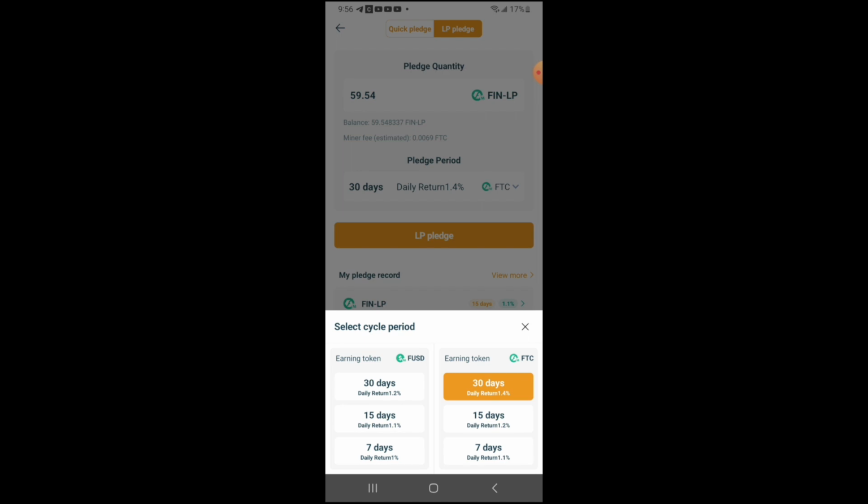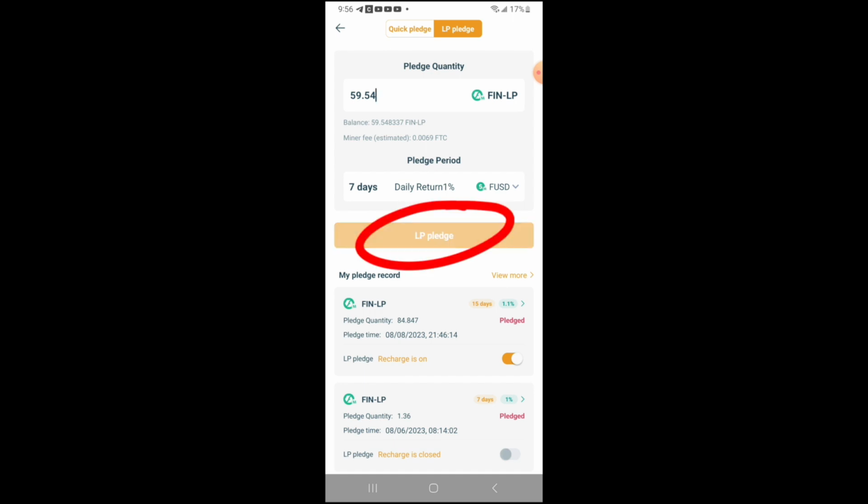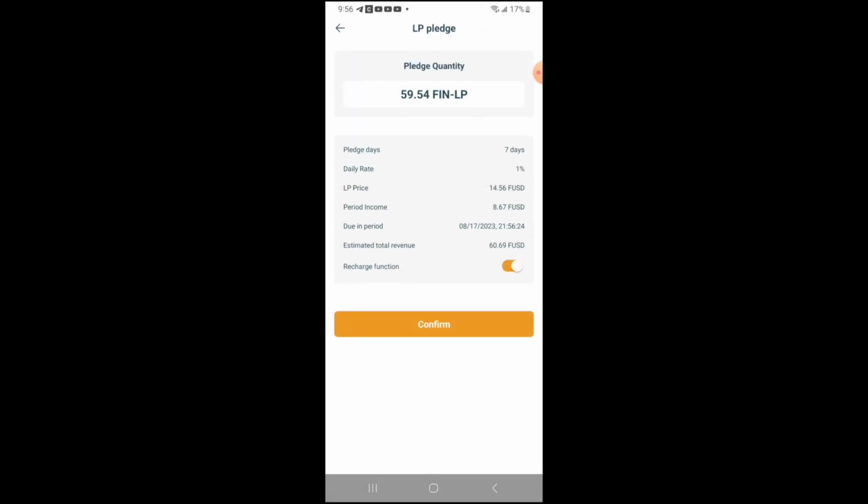So FUSD is a stable coin. So what you see is what you're going to get. So it's the safer side. So it depends on which way you want to go. So with this particular pledge, I'm going to choose to earn FUSD, and I'm going to do it for 7 days. So once you choose your pledge period, go ahead and tap LP pledge,